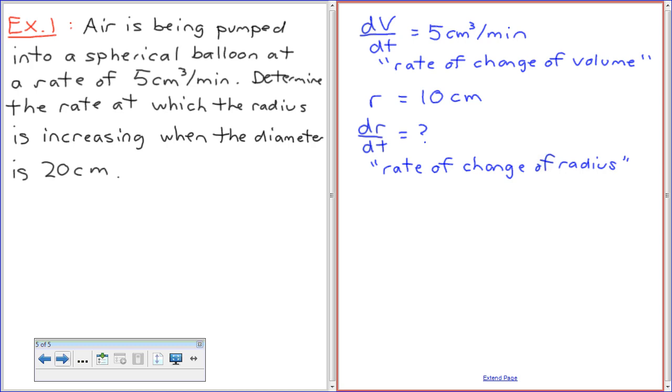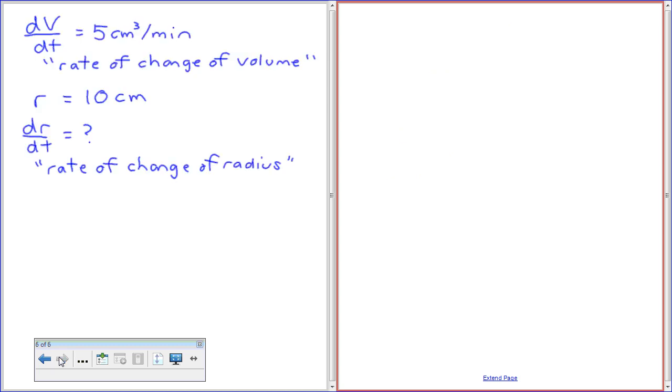The idea is you're going to be using a pump, and it's going to be pumping at a constant rate. The idea is the radius is going to be changing more. You know what I mean? The rate of change is more when it's small versus when it's the size of this room, right? That's what we're saying. So you're going to need that. So then, if that's the case, and we're trying to find the rate of change of the radius,